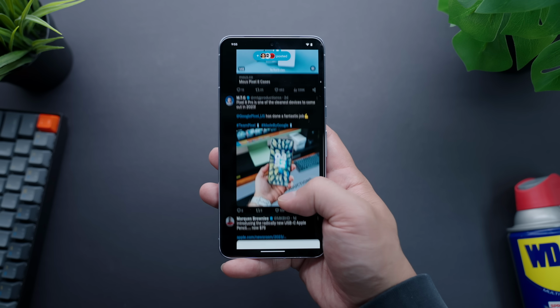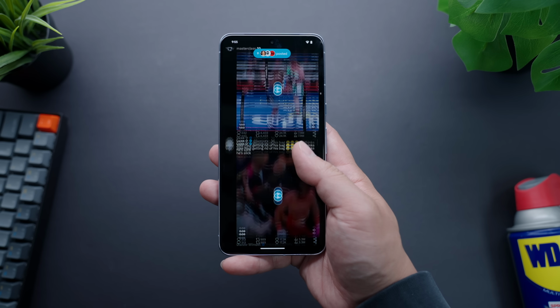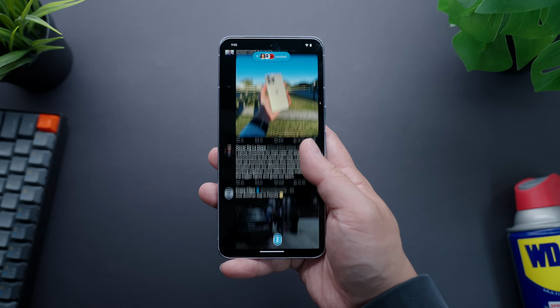The 120Hz variable refresh rate still performs great, except for when I'm using Twitter, which isn't something new and is probably more Twitter's fault than Google's. Gaming on the Pixel 8 Pro is fun and engaging, and I haven't experienced any dropped frames or jitters, even on relatively demanding options. You unfortunately still only have the optical in-display fingerprint reader that is not as fast or